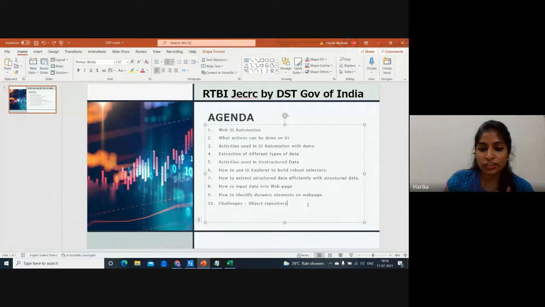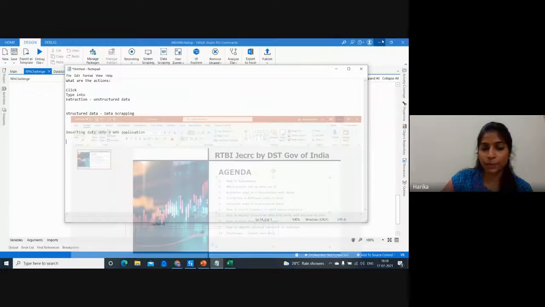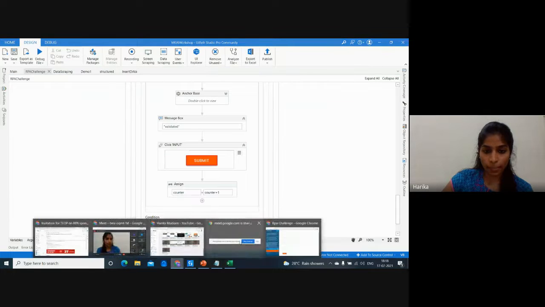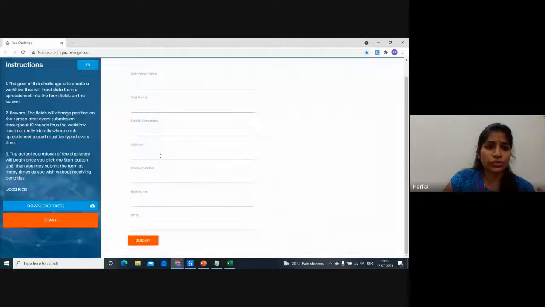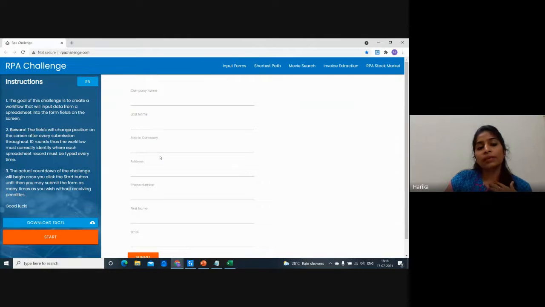And let's come to the challenges part. So when I say challenges, let's say we have an application, and you have developed the application, and everything is working fine. But we will see most applications change all the time, right? Let's say I have my RPA challenge itself. So tomorrow, my client would come to me and say, I want this application in a different way. I don't like the UI of this particular application. So what I'm going to do is change the application, right?